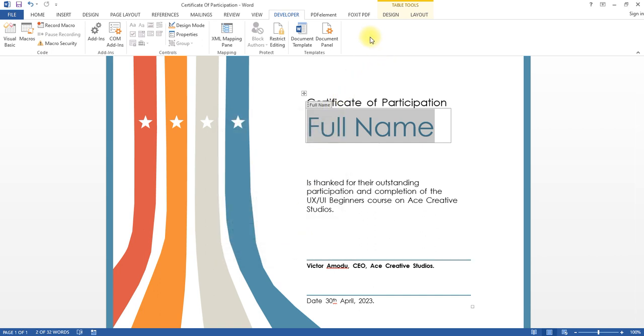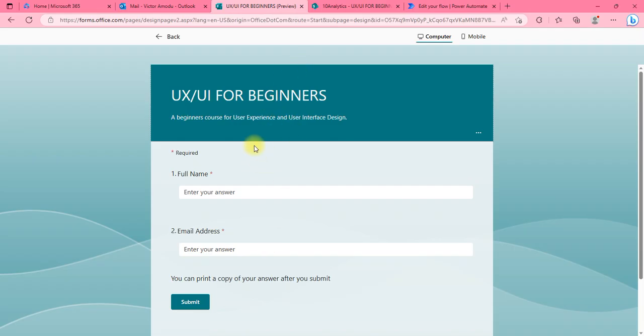Okay, and that's it. And then save this and upload it to my SharePoint library. So that's all for the template. So going back here, this is my form